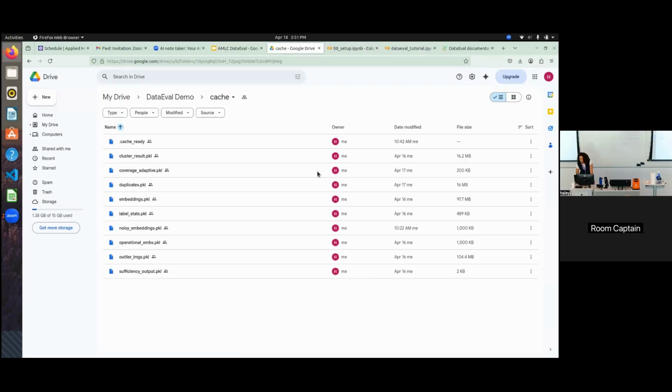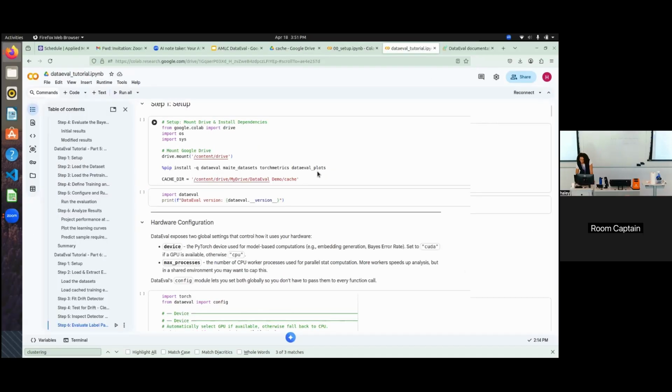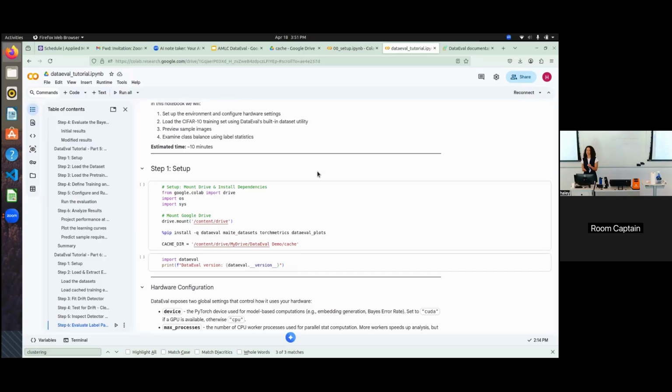And we will be installing DataEval. This was one of the issues with all the notebooks: when I ran it locally, the installations would persist across the different notebooks. But when I was running it in Colab, I burned through my usage and could only run one notebook at a time. So I would have to disconnect the runtime, connect again, install everything, disconnect, connect again, install everything. It's only a minute for the installations, but nobody has time for